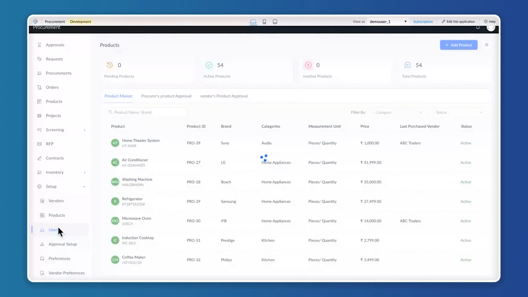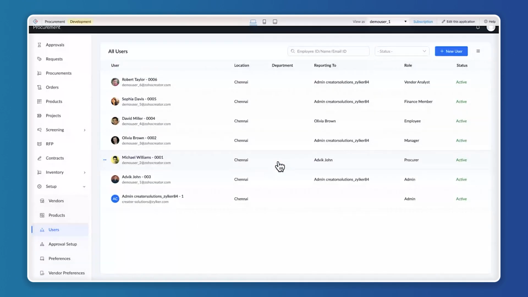Apart from that, if you would like to give access to your internal users, those users can be added over here with the different locations, the departments, which manager they are reporting to, under what role they are working, and the status of that particular user,